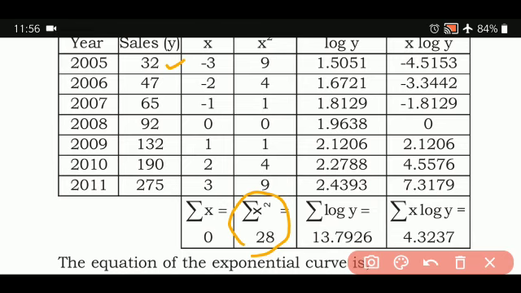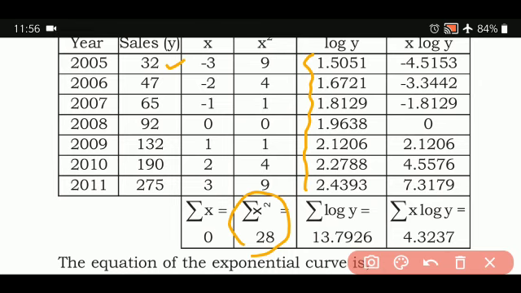Now this is the y value. First you are going to take the characteristic. If there are 2 digits, the characteristic becomes 1. If there are 3 digits, the characteristic becomes 2. Then the characteristic here, this is the characteristic which you have written here. Log value, how do you write it? 1 point something. This decimal is known as mantissa.